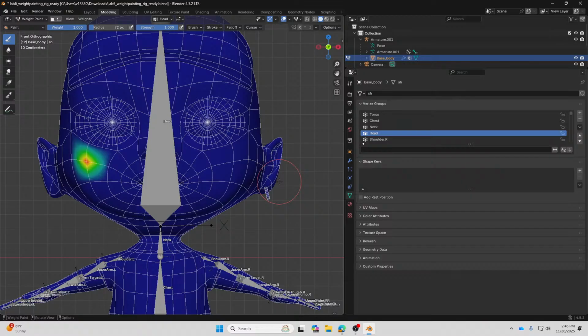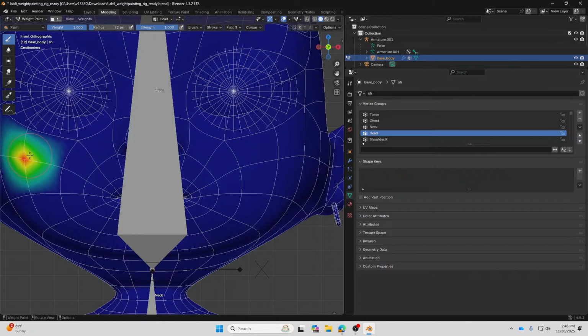That's why we have to place the bone in the middle of the geometry. Okay, once you're done with it, everyone done? You have at least one point with red color.